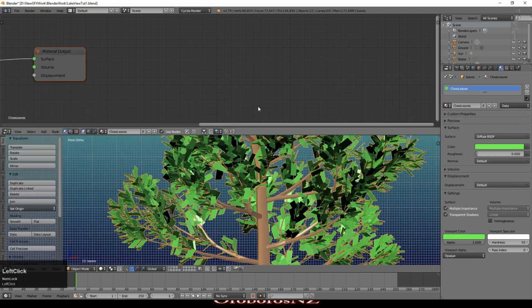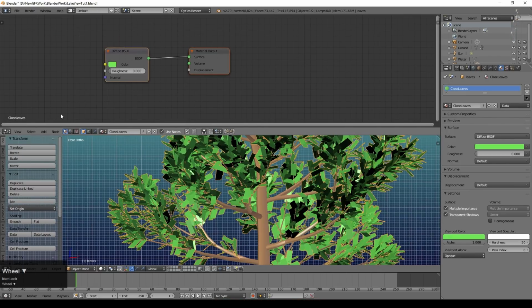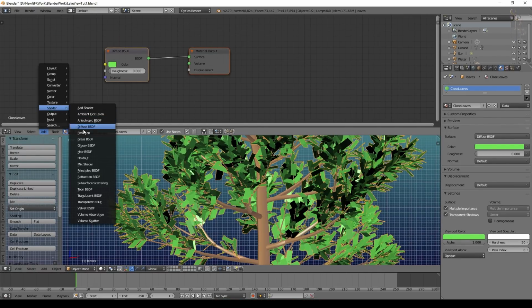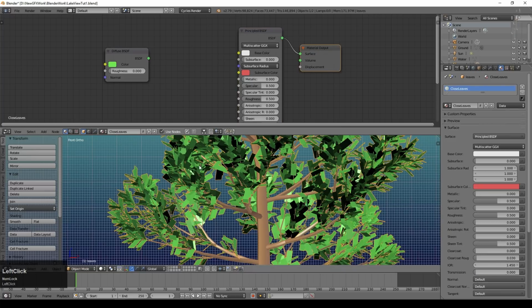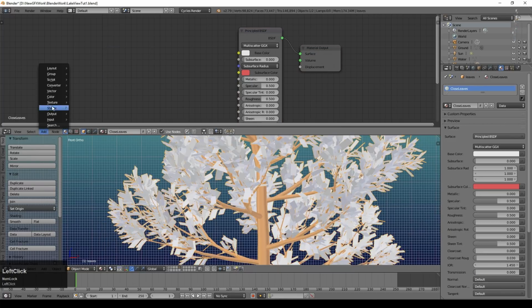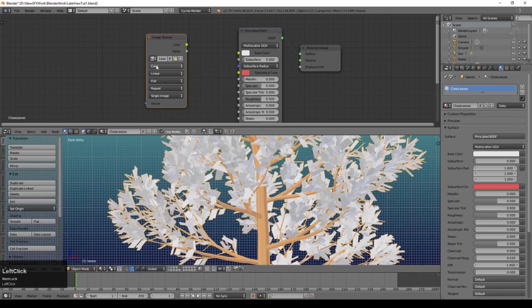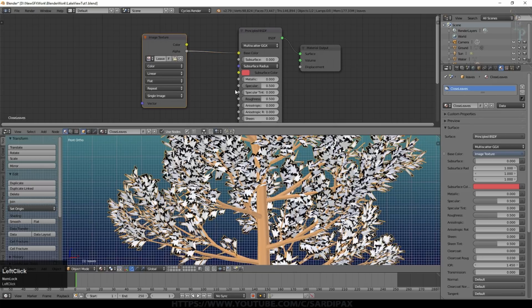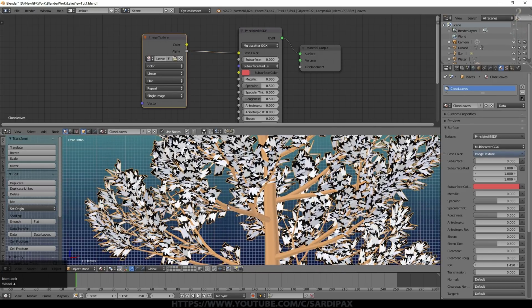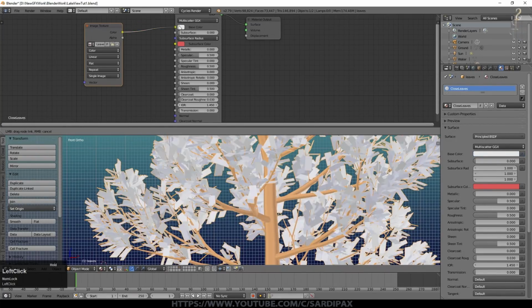Before we connect these leaves to the tree, I'm just going to add the Principled shader again. Plug that in there, go to Material. I'm going to add an image texture again, and I'll use this one. I'm not sure if this one has an alpha mask, so let's just take alpha to there and see what happens. It does. If it doesn't, there's some jiggery pokery you can do by creating a mask from the image as long as it's properly set up. So let's take the color into our base color.